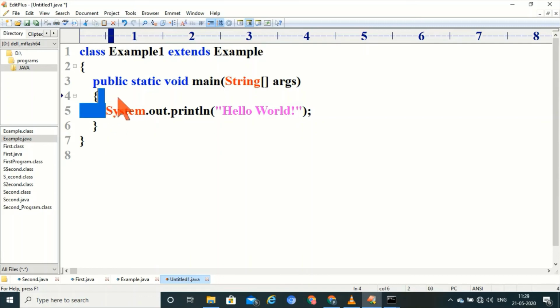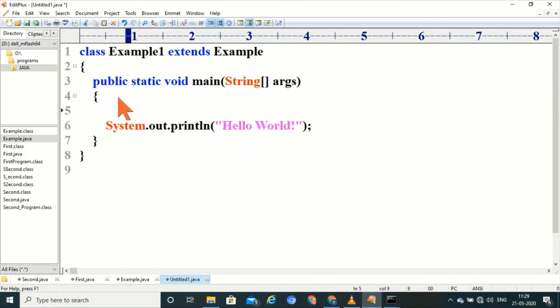Now I'm creating here object for superclass.